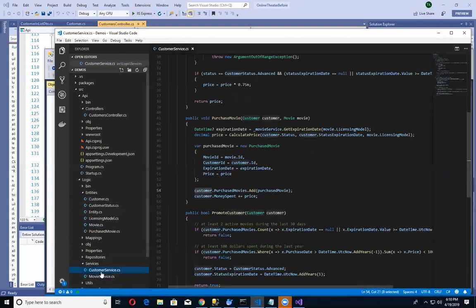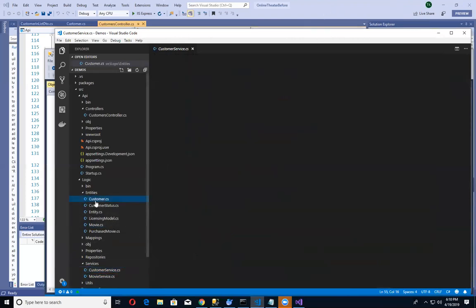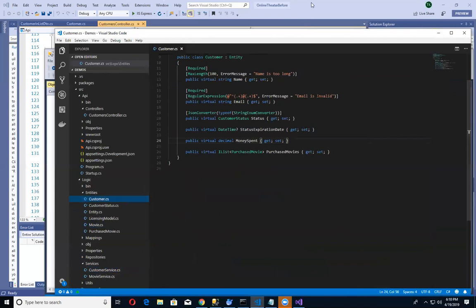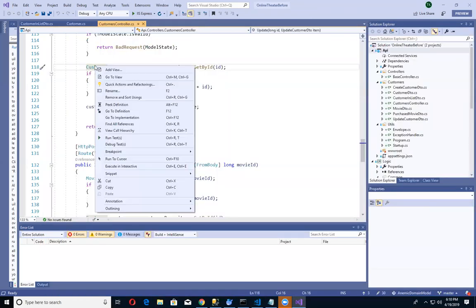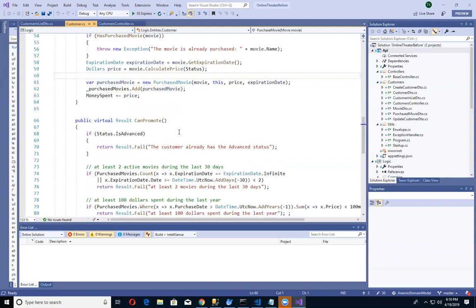So when you go from this approach to the DDD approach of changing your anemic model into a rich one, this customer object that you see right here has morphed into what you see here.